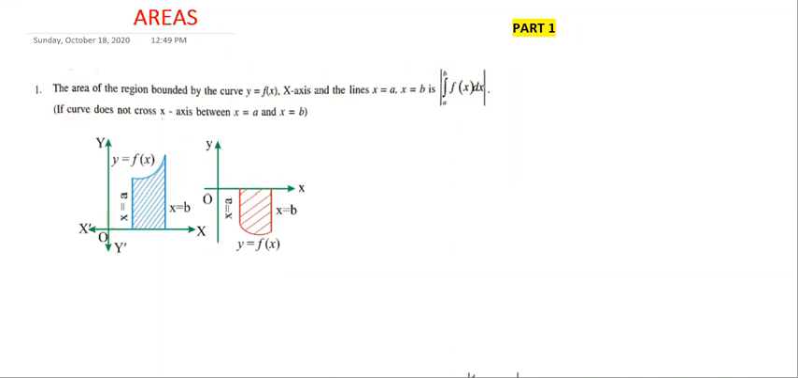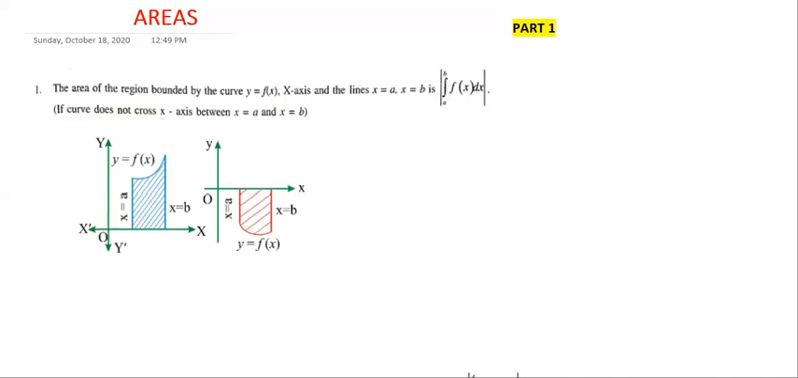Now today I am going to discuss areas. So, how to find the area between the two curves? First of all, what is the geometrical interpretation of areas? Based on the nature of the region